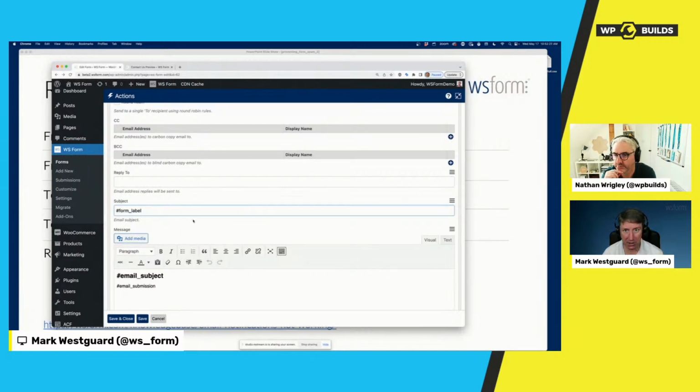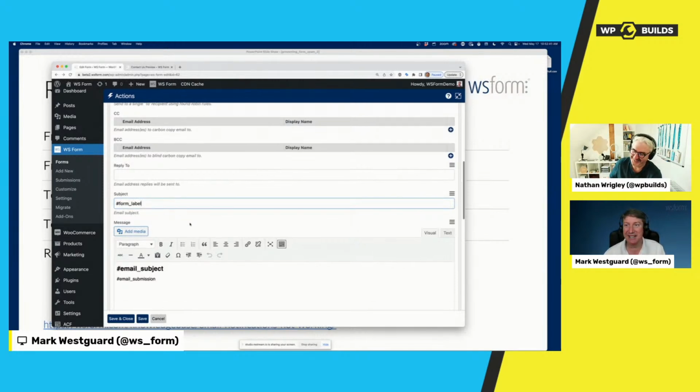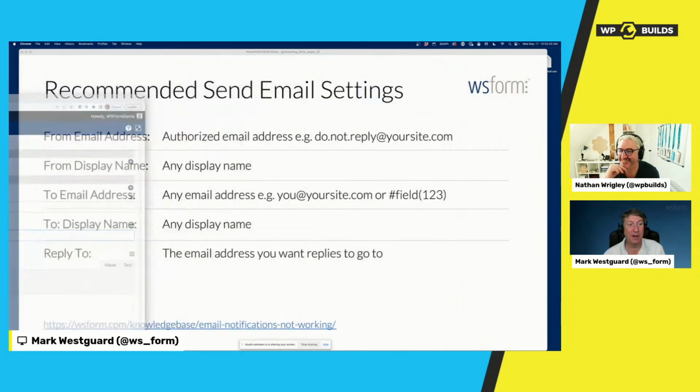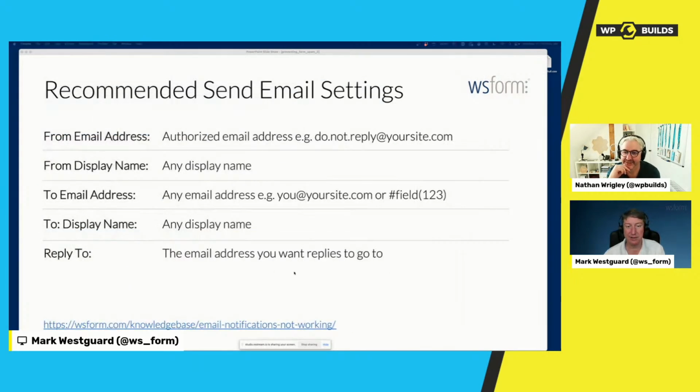So try and steer clear of financial words, anything to do with Bitcoin. Don't put the word Bitcoin or Viagra or anything like that in your subject line or message, because you're going to have trouble. Now, if you find that it is inadvertently going to spam,